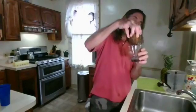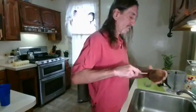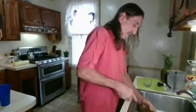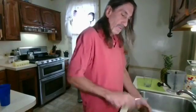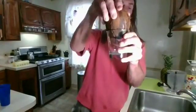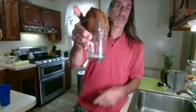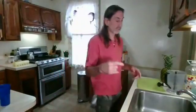So, okay, the holes aren't the greatest. They're not. It's still fresh. Open it up a little bit more, a little air passage in there so that the water will drain out. There we go. It's not draining very well. All right, there we go. Got it dripping now. So I'm going to let it sit here and drain out. In the meantime, I'm going to start with my